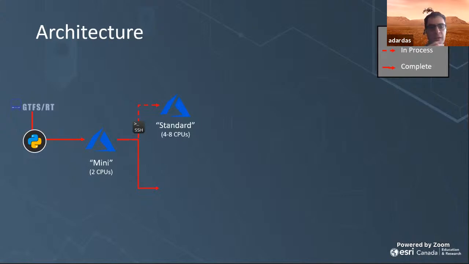Then we transfer that data on an hourly basis through SSH into a standard Azure virtual machine that has 4 to 8 CPUs, so it can process that data on an hourly basis. However, we also need to ensure that the GTFS, the stops, those text files that we saw earlier, are up to date. So let's say,